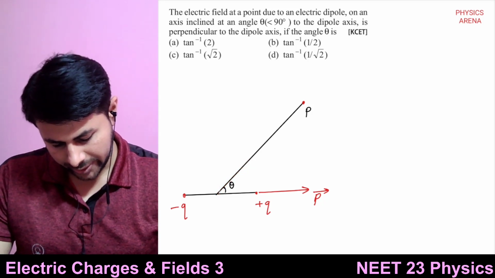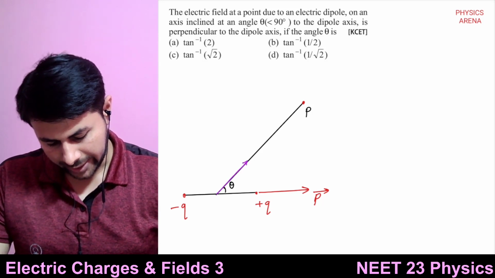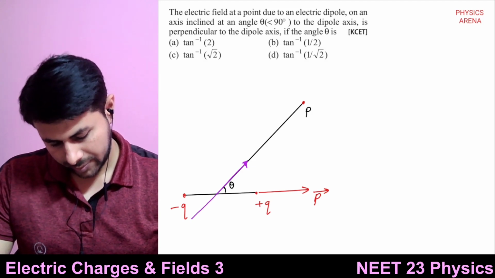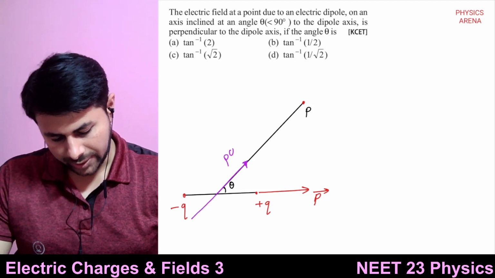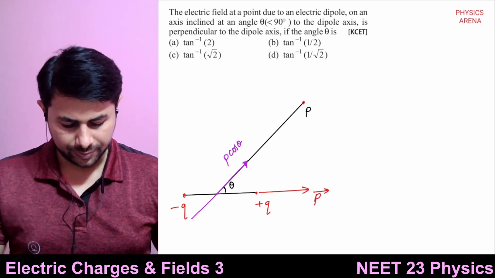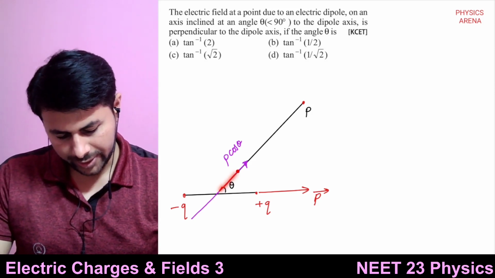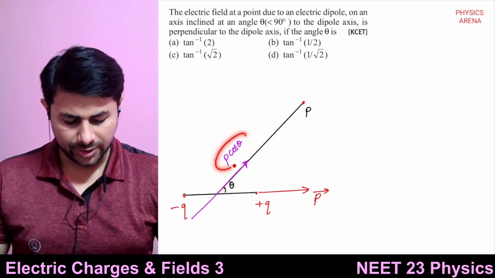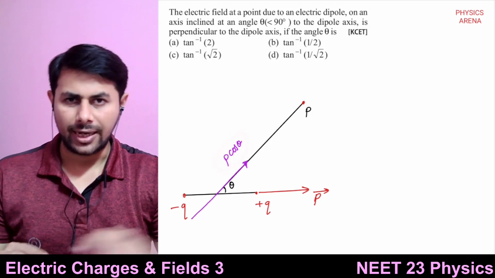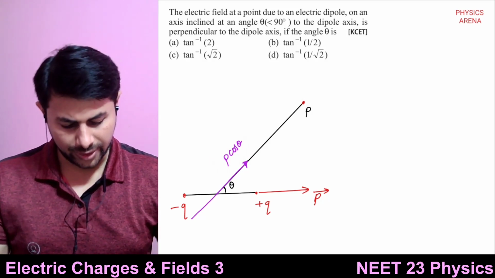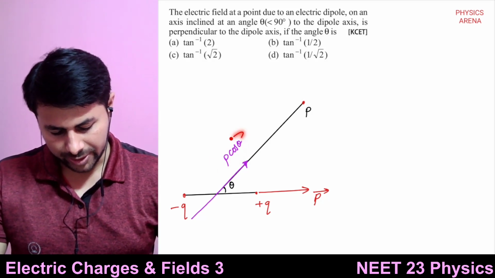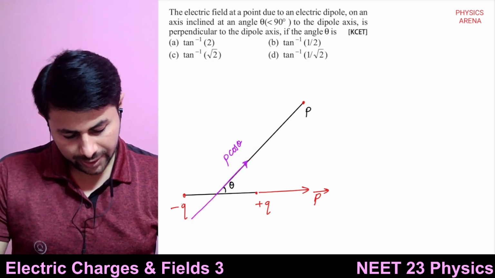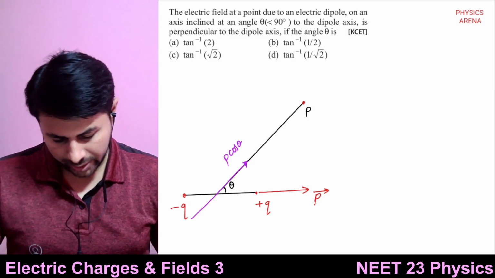So what was the component? We can draw it like this. So this is P cos theta. And for this component, the electric field, sorry, for this component, this point lies on the axis. So there will be some electric field due to this component of the dipole moment, and then the other component we have